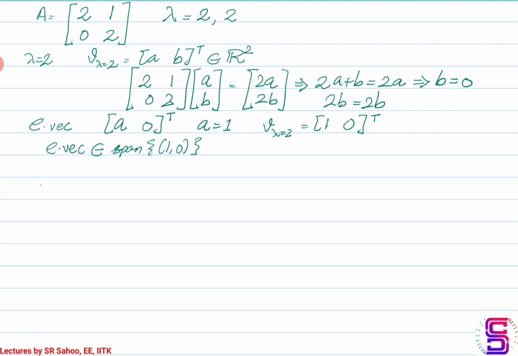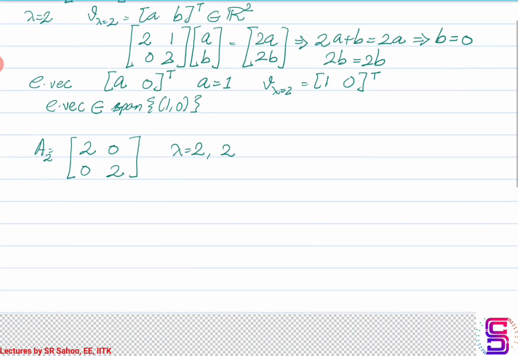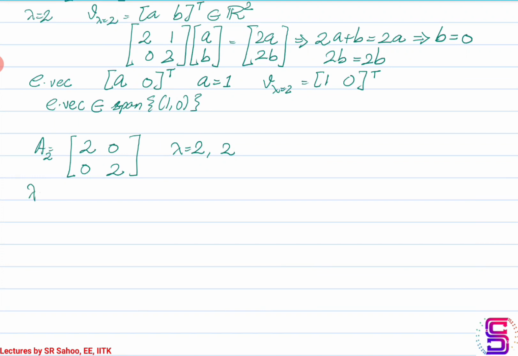Take up another example. Let's say it is this. Here the eigenvalues are again 2 and 2. If you notice the matrices, the first matrix, let me label it as A1, and let me label this matrix as A2. A1 and A2 have the same eigenvalues. It is eigenvalue 2 which is repeated twice. Now for this eigenvalue,